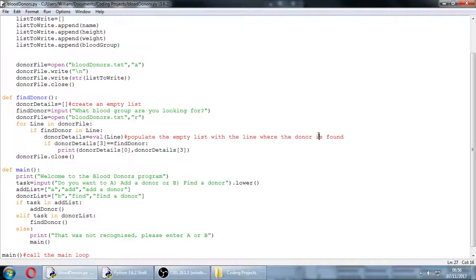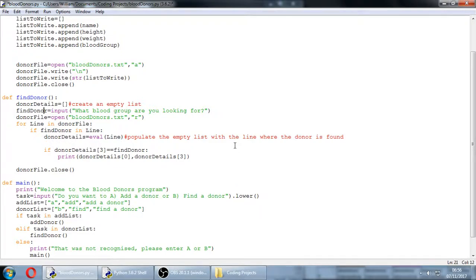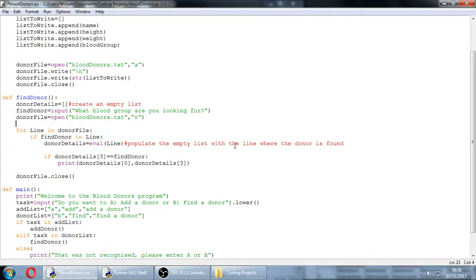So I suppose you could enter some error messages there. So for line in donor file, if donor in line, we print this out. And I suppose if it's not found, then we need to say that that person cannot be found or that no blood groups exist. In order to do that, we need to create a flag. So let's create a flag here, and our flag is just going to be found